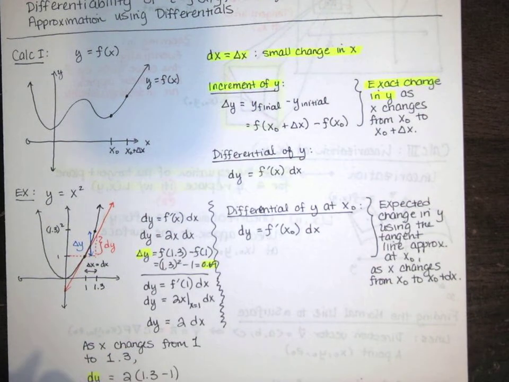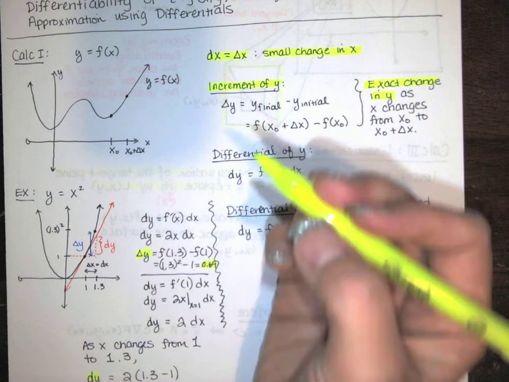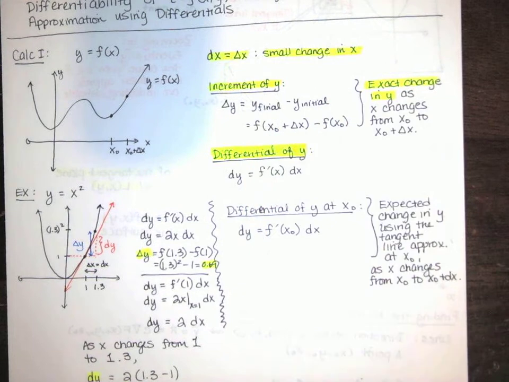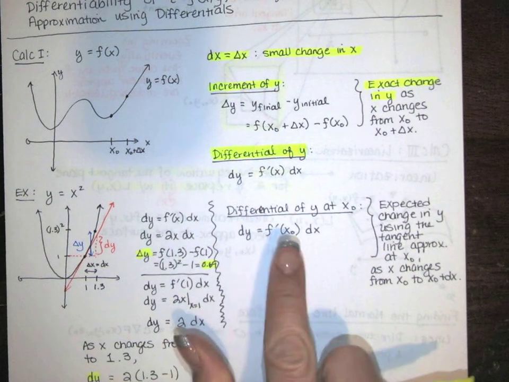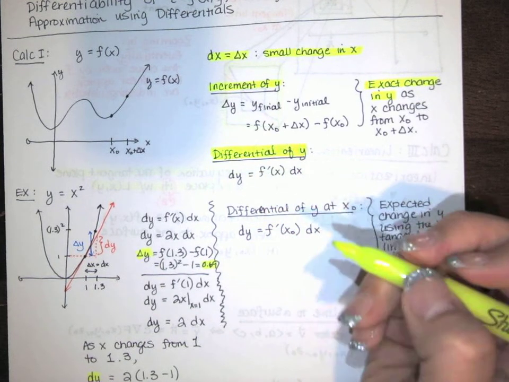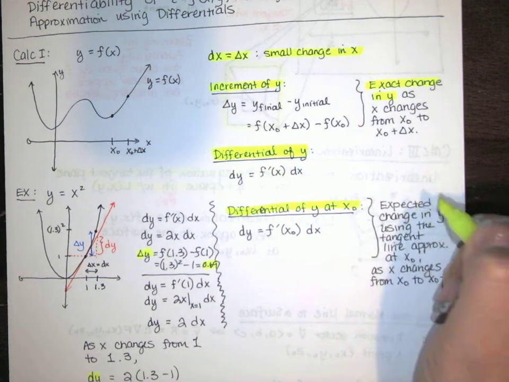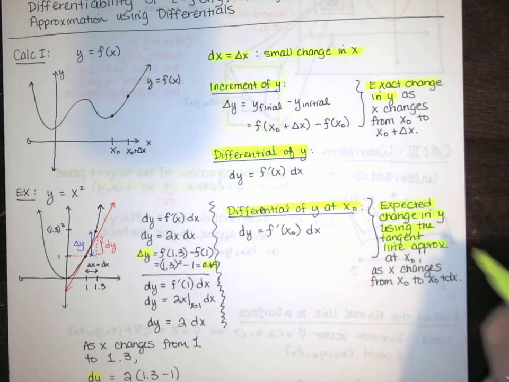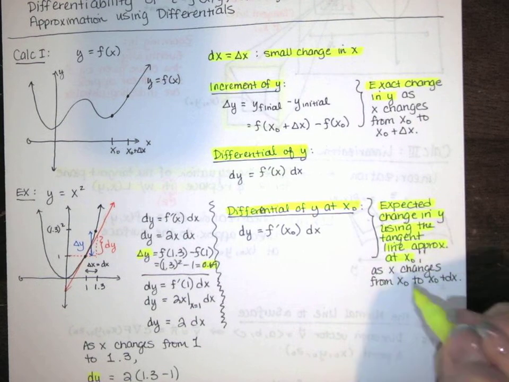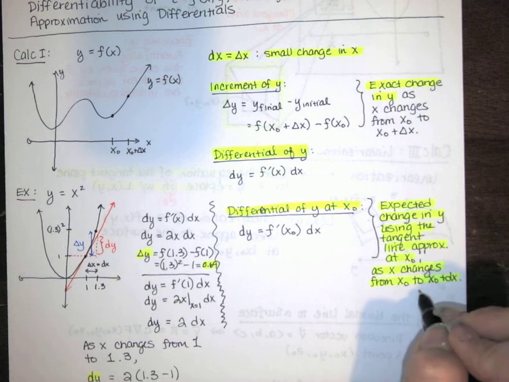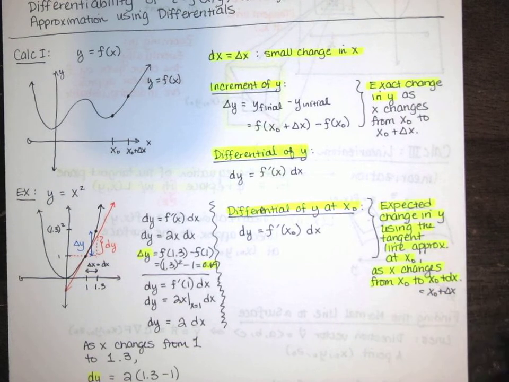Now the differential of y was just defined to be this. We're just saying dy is its derivative times dx. Those are the same thing. So we're good to go there. And then when we evaluate that differential of y at a particular x value, it represents something. It represents the expected change in y using the tangent line approximation to the function at x0, as x changes from x0 to x0 plus dx, or x0 plus delta x, because we're treating that dx and delta x as interchangeable,